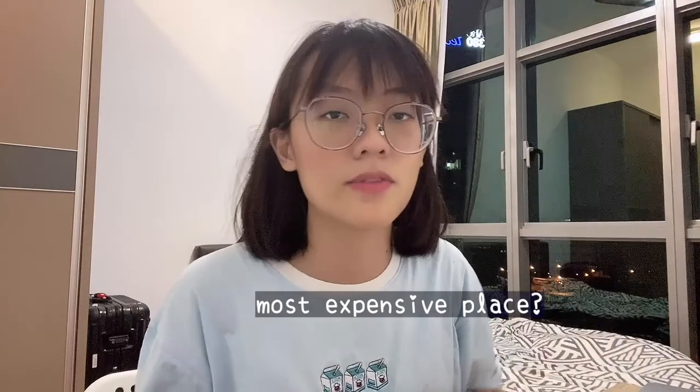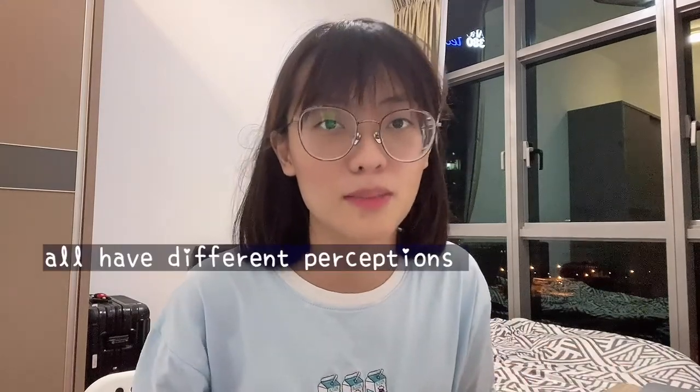By others, it's said to be one of the most expensive places to live in. Even when I talk to my foreign friends here, we often discuss the prices and all the things there, and different people have different perspectives. But I think as for me, to reveal how expensive it is to live in Singapore could be quite a